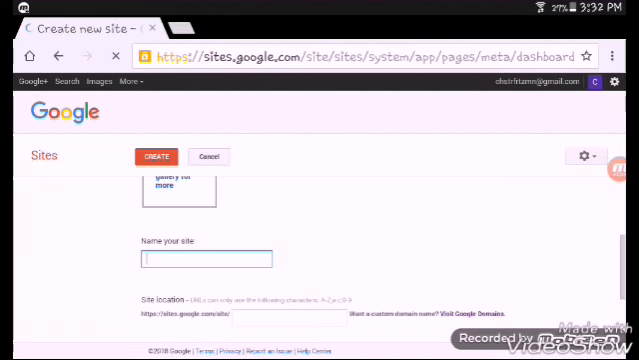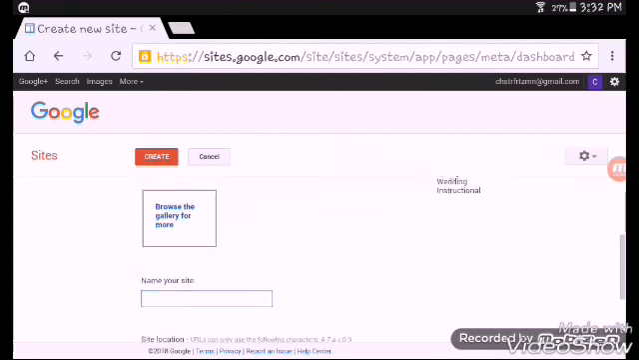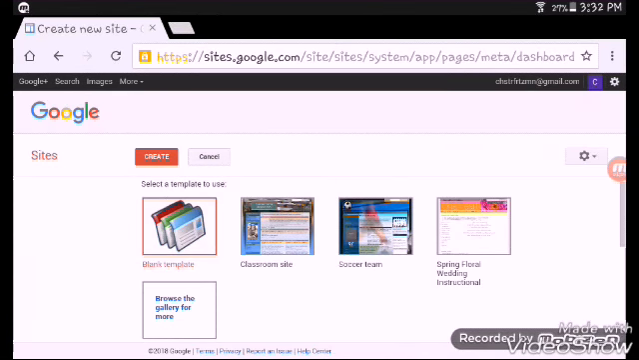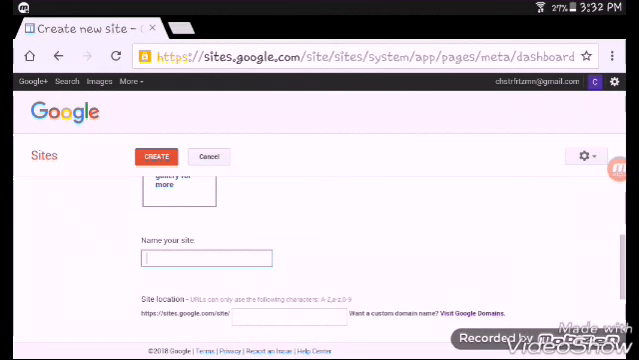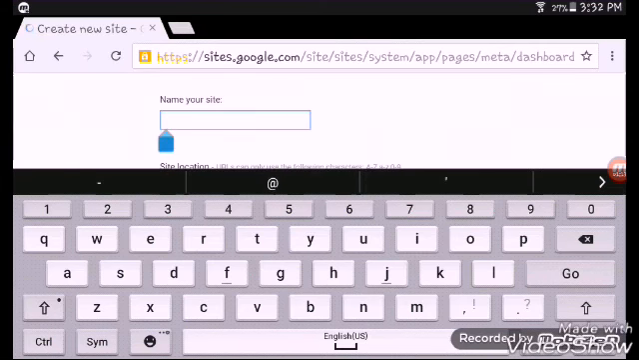On the left hand side it says create, and you're going to want to choose a template. You can leave it blank. I'm just going to leave it blank, and then you're going to want to name your site. So I'm just going to name it YouTube website,